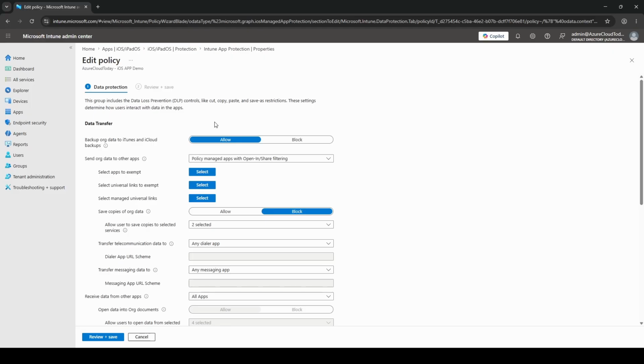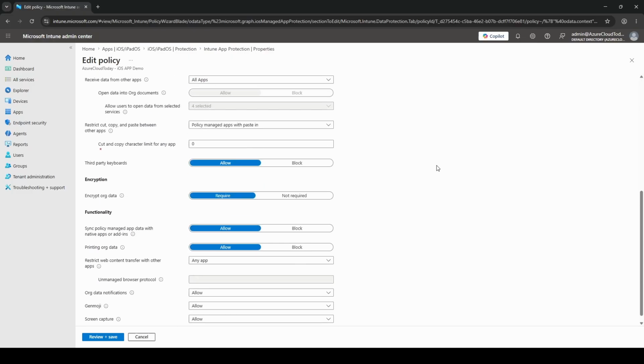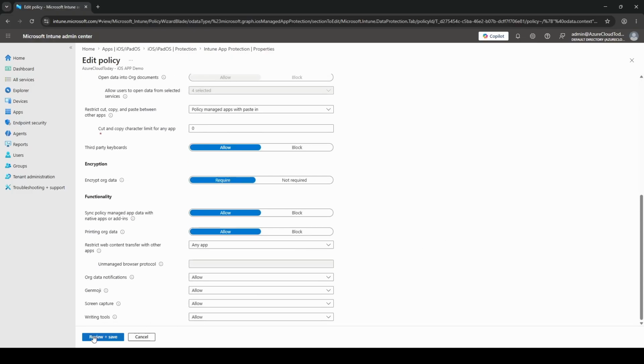The setting to note over here is backup org data to iTunes and iCloud backups. If I click on the I next to it, you will clearly see it's written: select block to prevent backup of org data to iTunes or iCloud. Select allow to permit backup of org data to iTunes or iCloud. Personal or unmanaged data is not affected by this. So let's click on block over here and then let's scroll down and we can click on review plus save